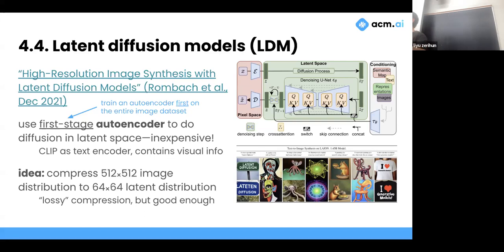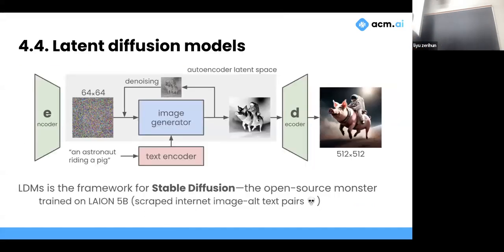So instead of training on the image, we train on the autoencoder-encoded version of the image. And what the diffusion model outputs is actually a version of the image within the latent space. So all we have to do is put it through the decoder and we get a final image. And the reason we want to do this is because it is already very, very expensive to train a diffusion model on, say, the 64 by 64 resolution level.